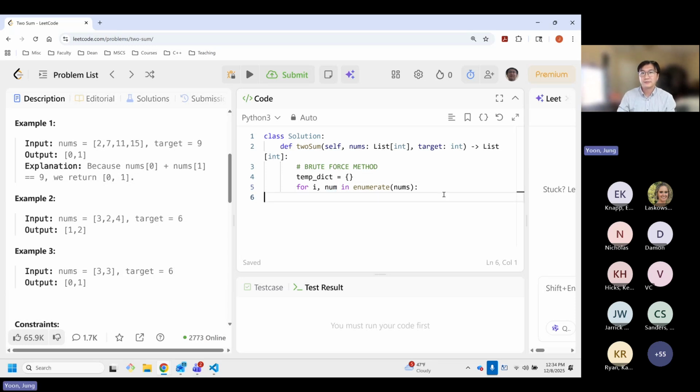Okay. So if I were to do this and return num, you're going to see the numbers 2, 7, 11, 15 return. If I return i, you're going to see the indexes 0, 1, 2, 3. And do we all agree the index is important here? Why? Because we're looking to return the positions or indexes of where the numbers are stored. That's the solution.